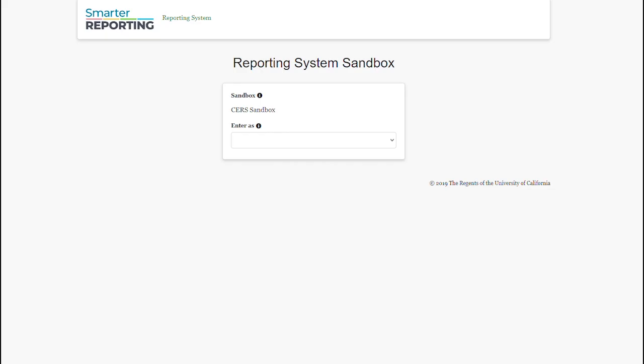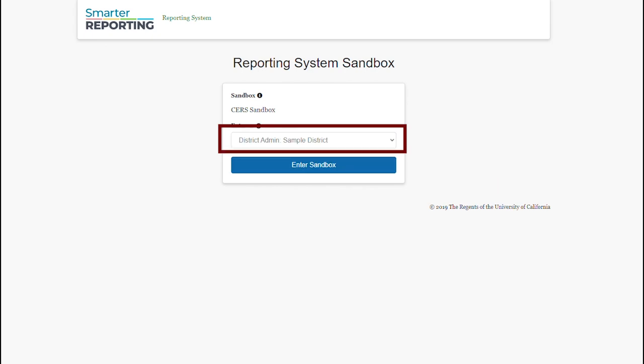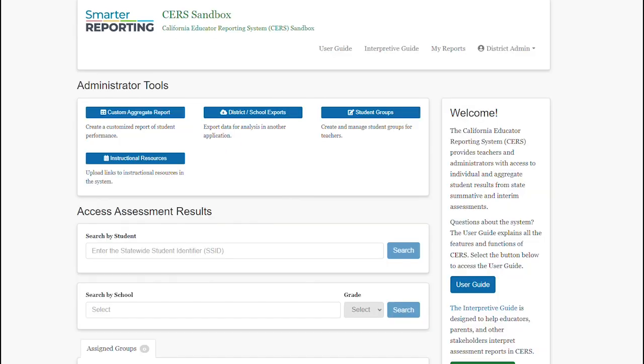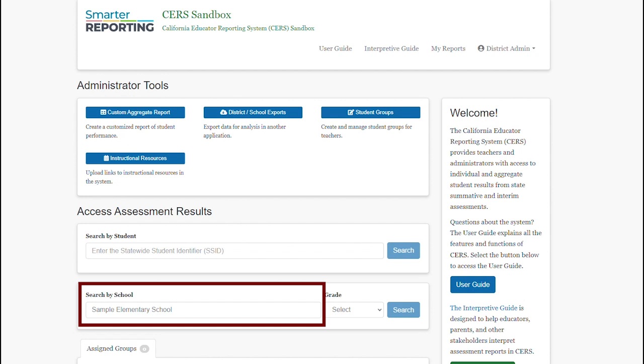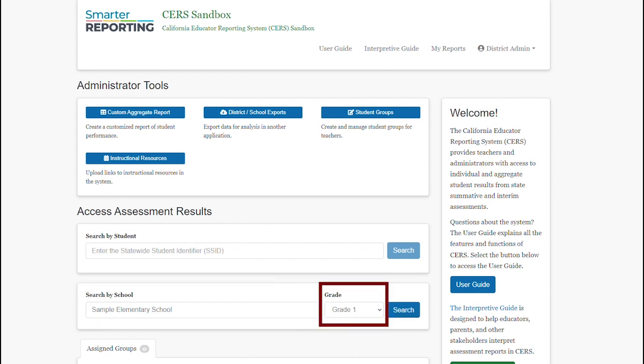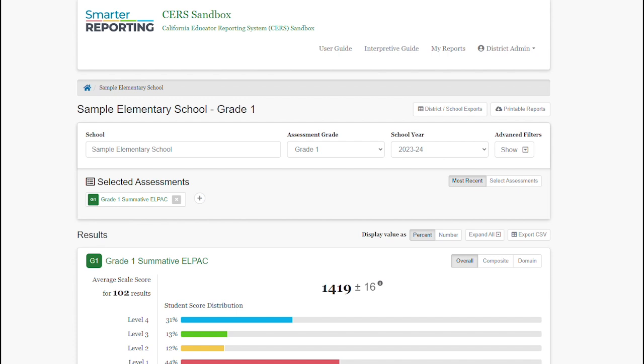For this demonstration, we'll be entering as a district admin for our sample district. This takes us to our SIRS Sandbox homepage. Now that we're at the SIRS Sandbox homepage, we can search by school and pull up our elementary school sample school district. And we're going to go into grade 1. I can hit search and it will take us to the results view page for our sample elementary school grade